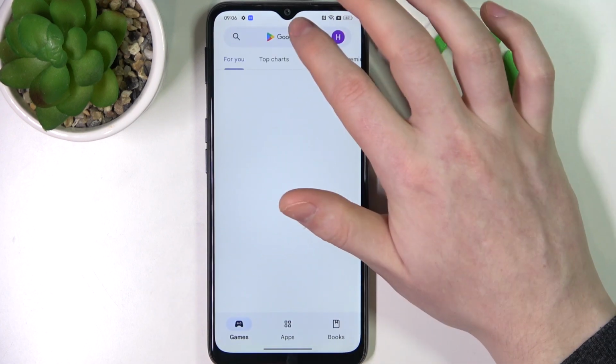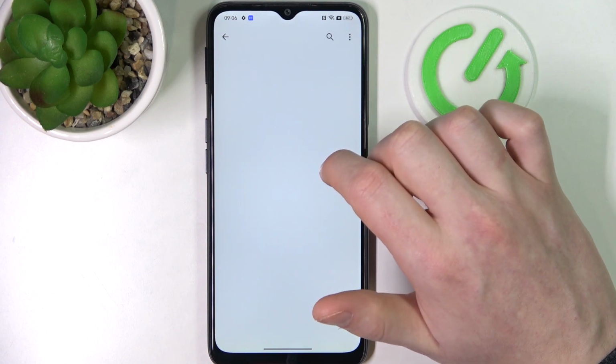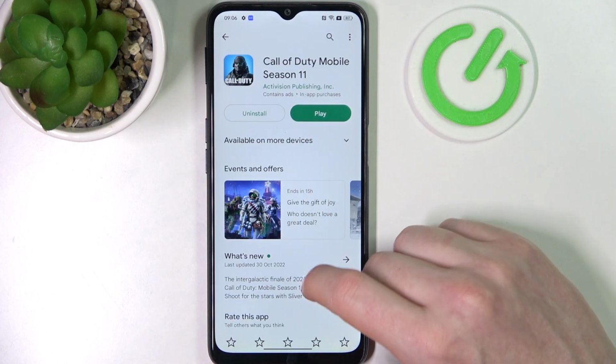Go back, look for the game again, and it should be right here on the top, available to play or install. And that's it for this